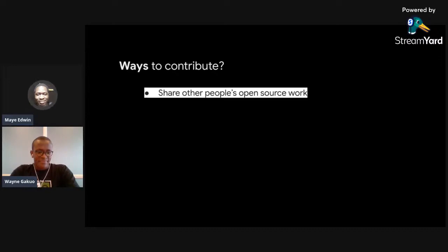So I think one way you could contribute is if you find a resource that is open source code that helps you, it's good to contribute by sharing or liking the link, forking, for example, and I think that motivates the people behind it. Yeah, you star the project. That's the least you can do, at least if you find it very helpful. And I've seen